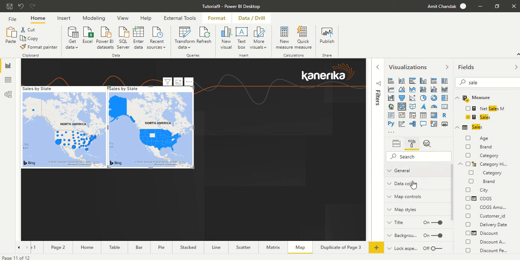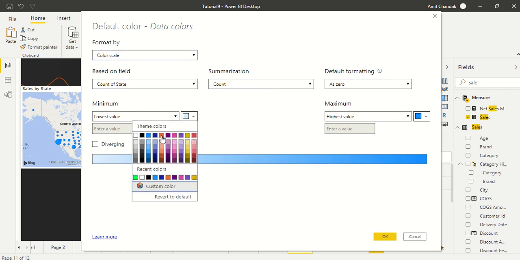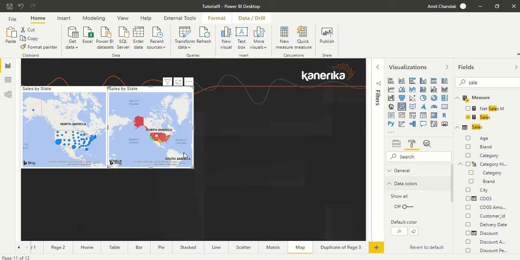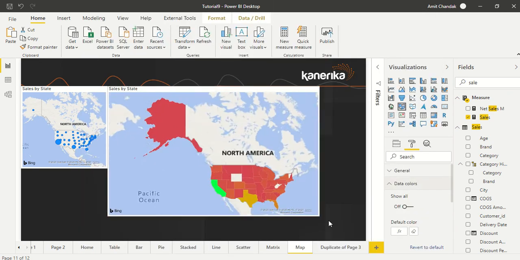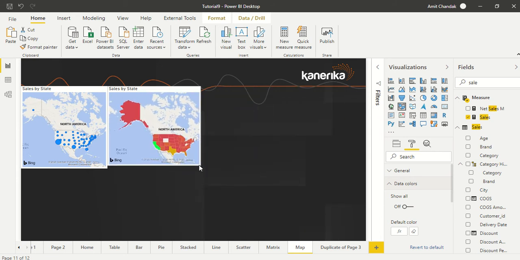But if you go under the data color, we see there's a function, and we use that function and make it, let's say, from orange, or red, to some shade of green, and make it diverging also. Now you do see some colors. We make it big so that you can have a look at it. So these are a few options which are available.